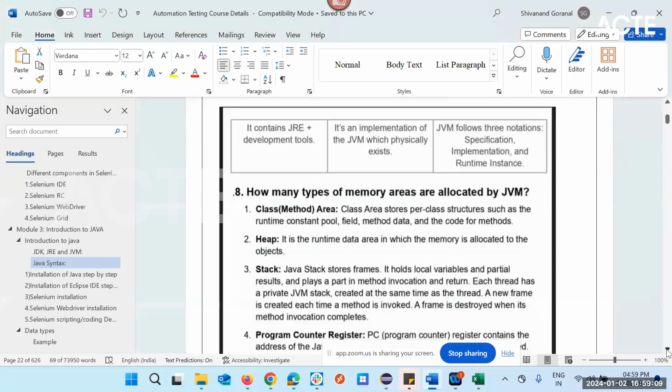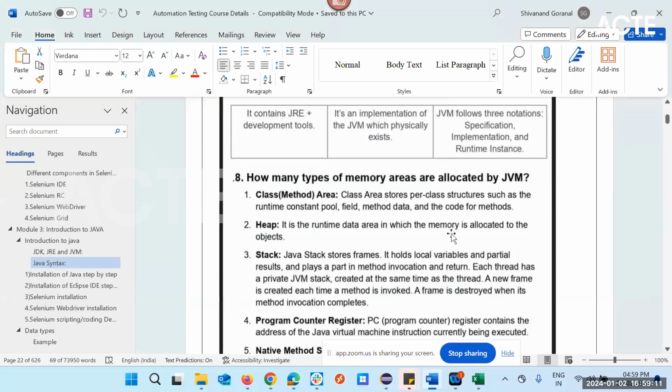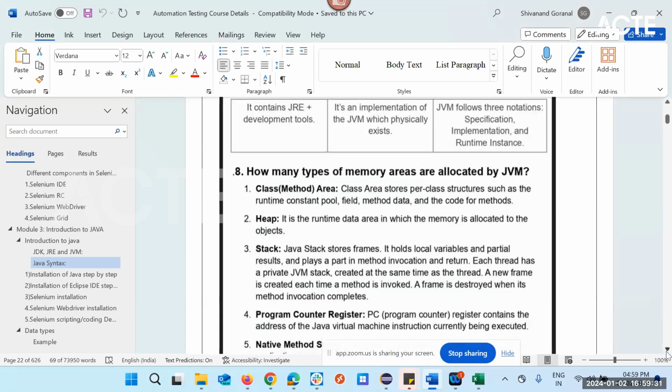JDK consists of JRE plus development tools. Okay, but JRE is the implementation of JVM, which will physically exist. JVM follows three notations: specification, implementation, and runtime instance. Okay, so now we will understand